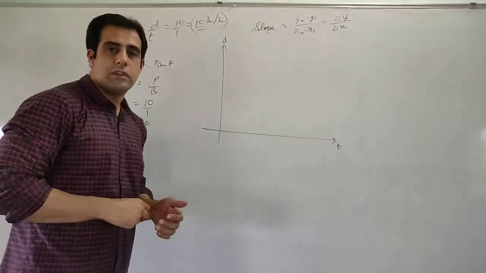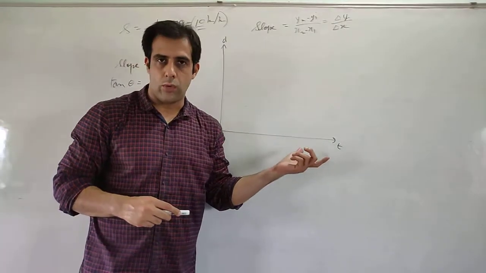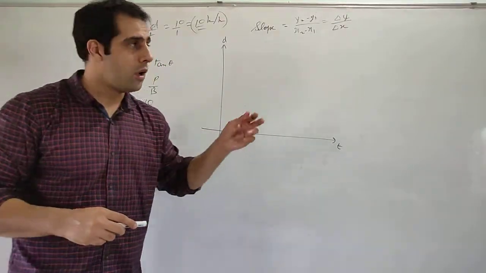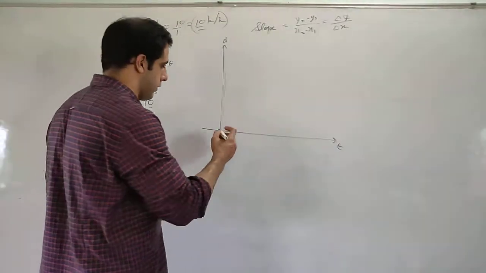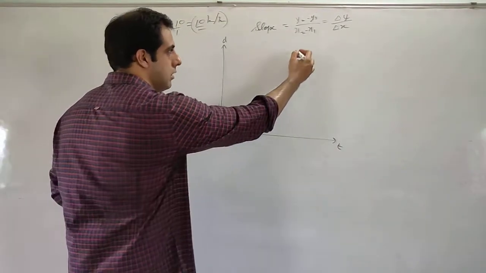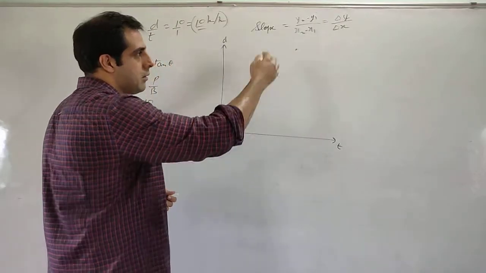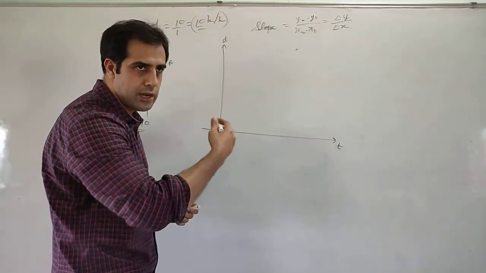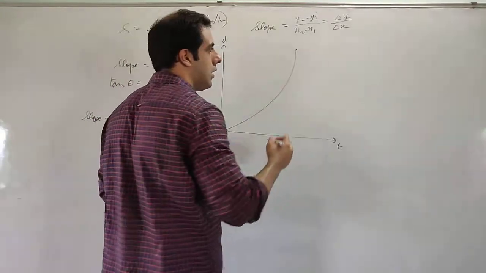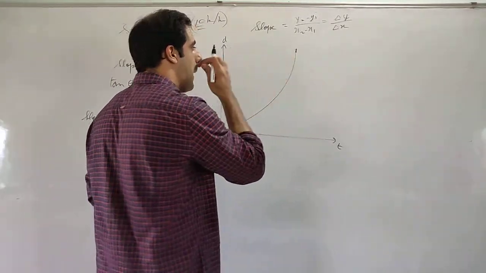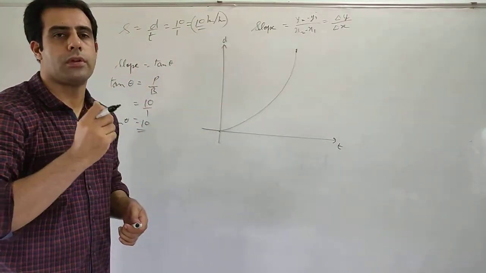So in the previous video we studied how to calculate slope, or how to calculate the average value of a straight line, a straight graph. Okay. Now let us take a curved graph. This is your home, this is your school, but both the points are not joined with a straight line. Your motion is non-uniform, so it will be a curved line. Okay. And I ask you to find the slope.